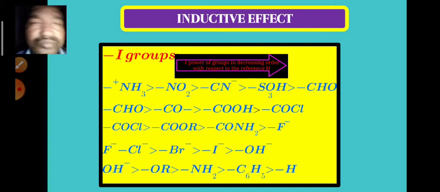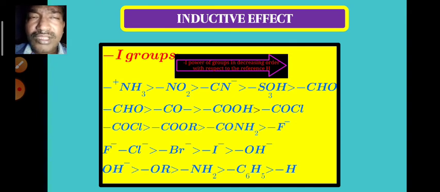The groups which increase the electron density on the carbon chain are called plus I groups, and the groups which decrease the electron density on the carbon chain are called minus I groups. Okay? So when carbon is